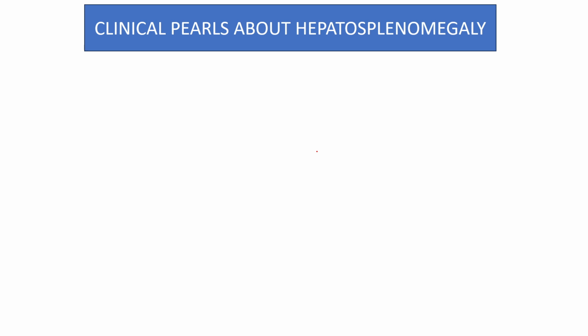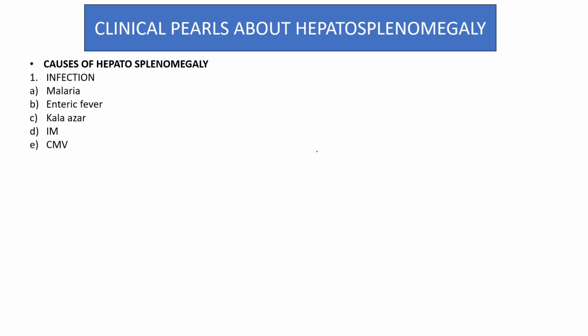Let's discuss that. First, we will discuss the causes for hepatosplenomegaly. It's very important. What are the causes? First is infections. The common infections which cause hepatosplenomegaly are malaria, enteric fever, kala azar, which is visceral leishmaniasis, infectious mononucleosis, and